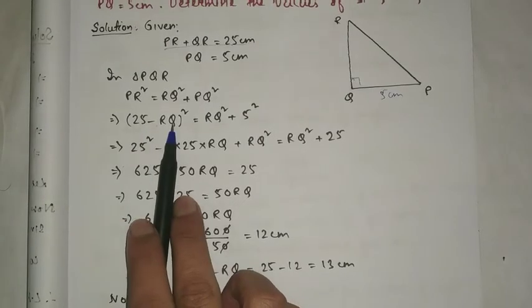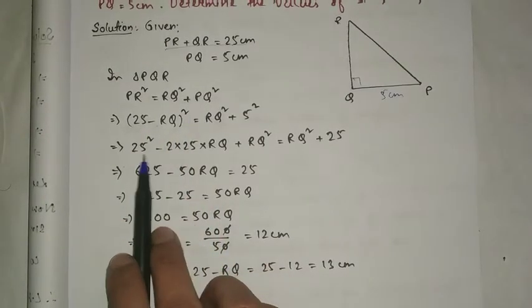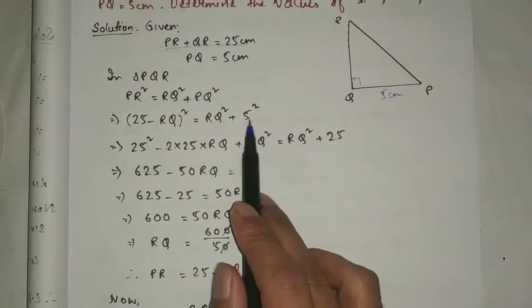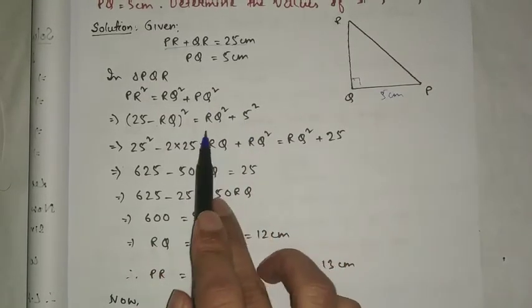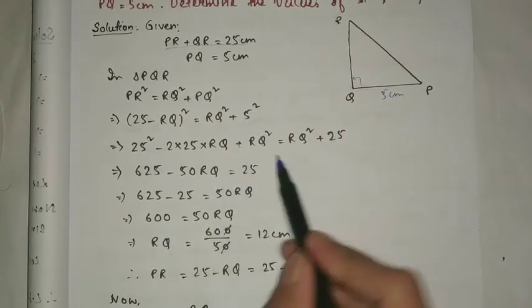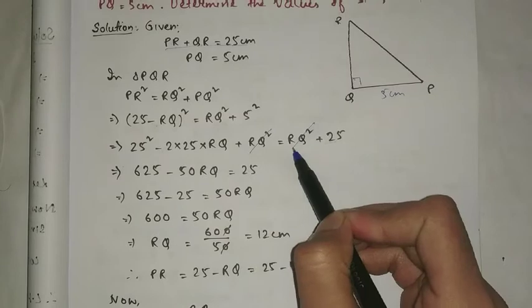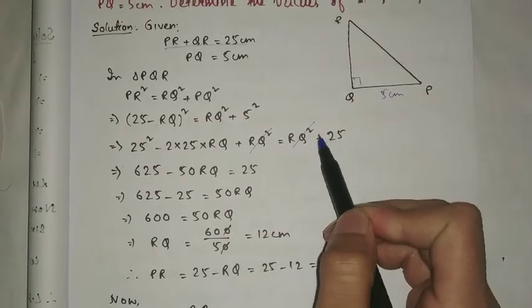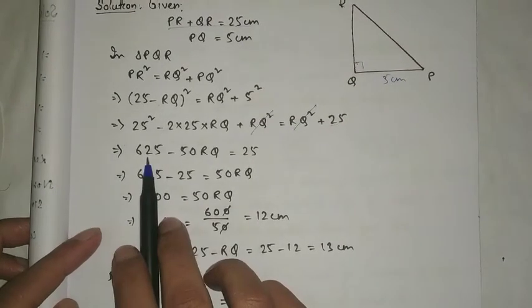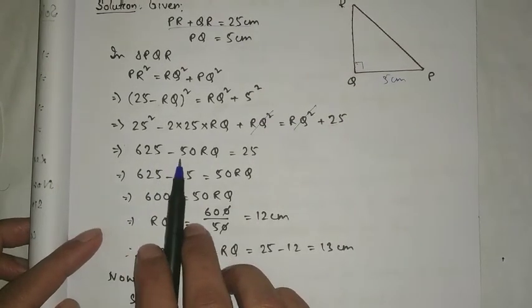We expand 25 minus RQ whole square as A square minus twice AB plus B square, and we put the value of PQ to be 5, and keep 5 square as 25, and we see that RQ square from LHS and RHS get cancelled out, and we remain with 625 minus 50 RQ